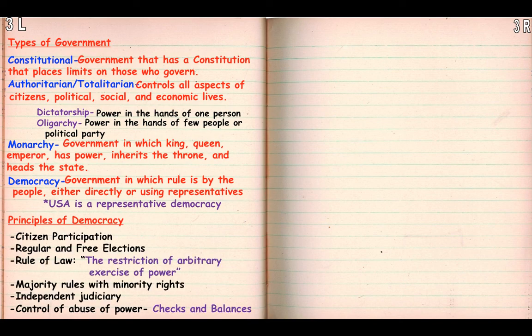Principles of a democracy. Most of these I don't really need to explain. I am going to touch on the rule of law. Rule of law says that the government cannot just run around and do whatever it wants. Okay? It has to go through certain steps. It also means that